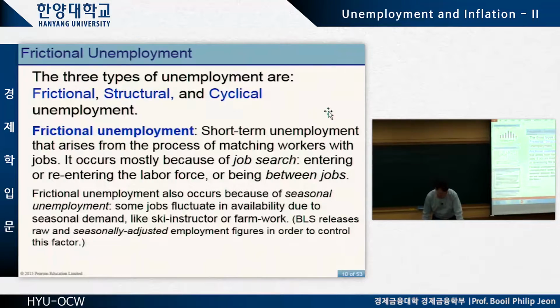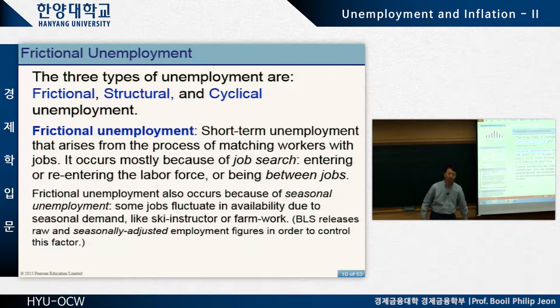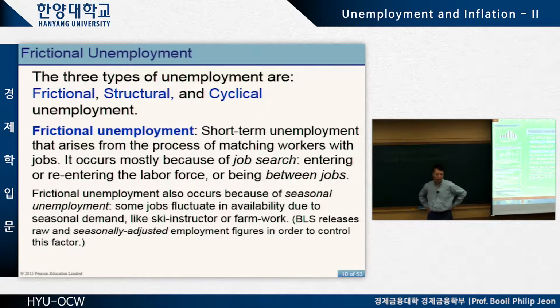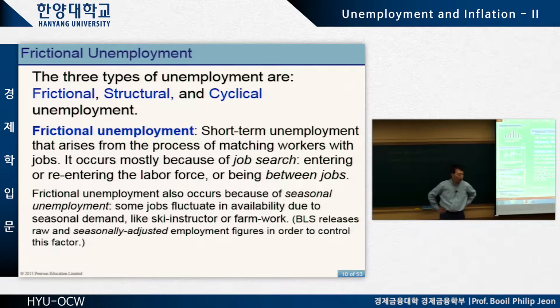So when we look at the fluctuation in the unemployment rate, which is related to the business cycle, that brings us to the question of what causes unemployment. Basically, we think about three different types of unemployment. The first one is called frictional unemployment. Frictional unemployment means a very short and temporary unemployment that people go through while they are searching for a